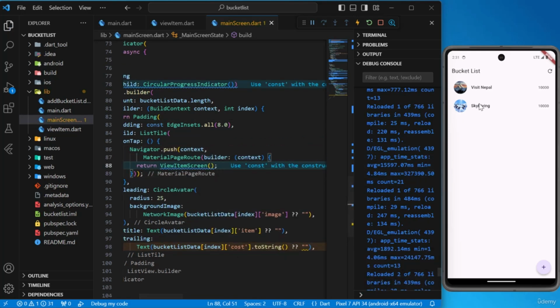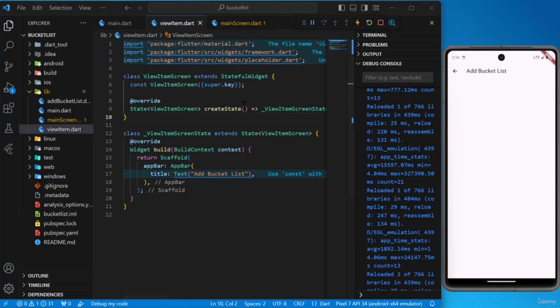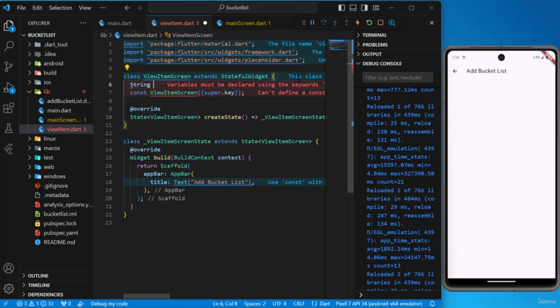So now if I click at the item in the list view, then I'll be getting this new screen. What I need to do now is to pass the title, the item of the list view, so that the title can be reflected in the scaffold action title, right? So right over here. For that, let's move into this view item, and we can use a constructor for passing this data. So we'll be creating a string, because the title is a string, right? So a string title, and let's remove this const